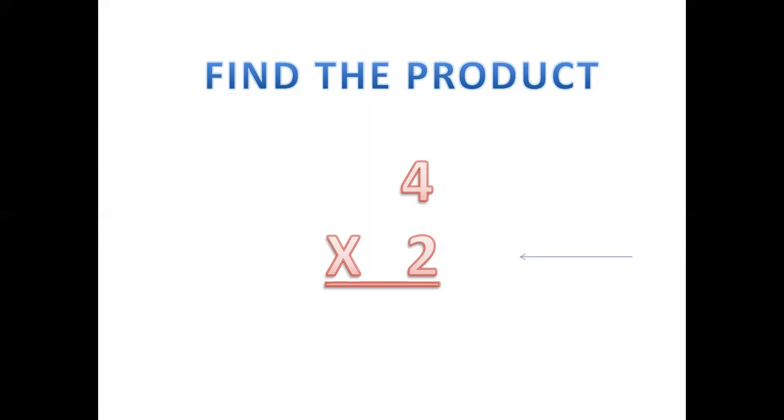Now see here, first we will take 2. 2 into 4. We will go from down to up. So 2 times 4 is equal to 8. We will always take the number which is down and multiply it with the upper number. Then we will get the product. So 8 will be the product. Remember we learned in the beginning that whatever answer we get after multiplication is called the product.